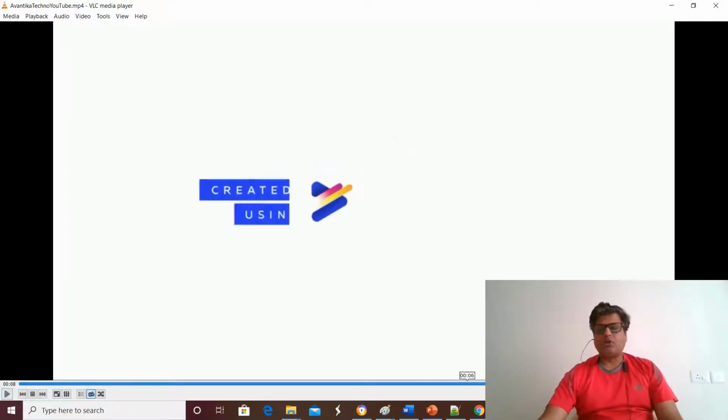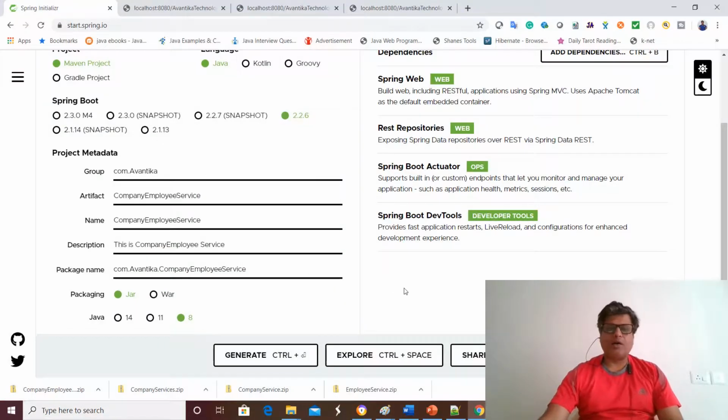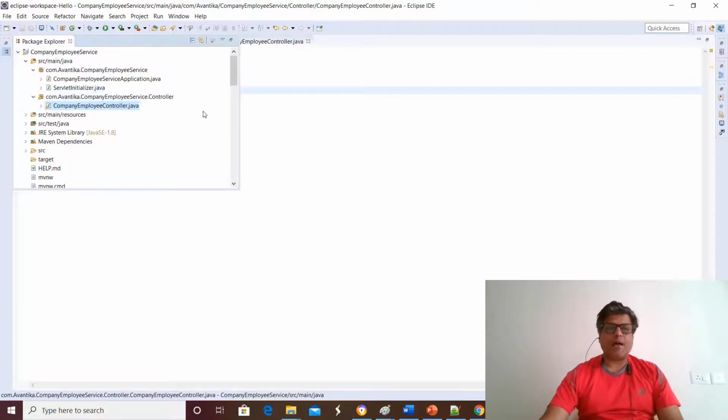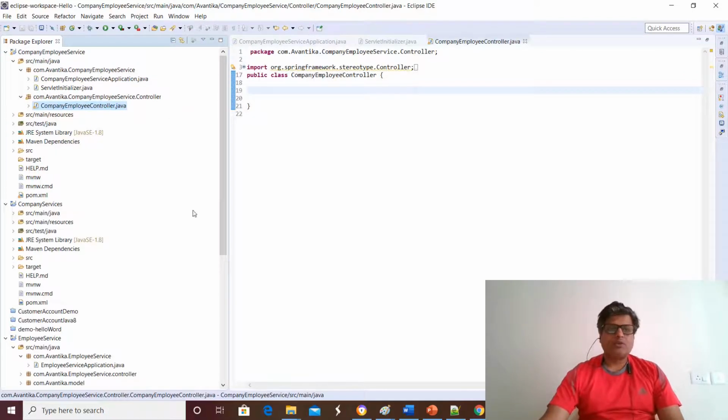Hello friends, today we are going to look at deploying an application on Amazon Web Services. We have already developed the employee service and the company service, and we have made one more service which will connect both of them, named the company employee service. We have made the project, and now we are going to add the controller in it,